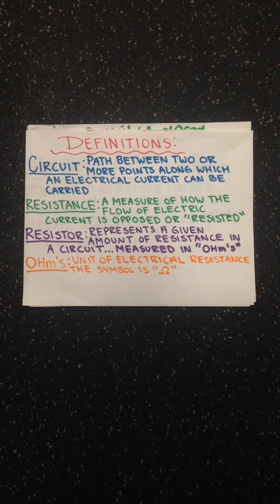Definitions. Circuit. A path between two or more points along which an electrical current can be carried. Resistance. A measure of how the flow of electric current is opposed or resisted. Resistor. Represents a given amount of resistance in a circuit, measured in ohms. Ohms. A unit of electrical resistance. The symbol is